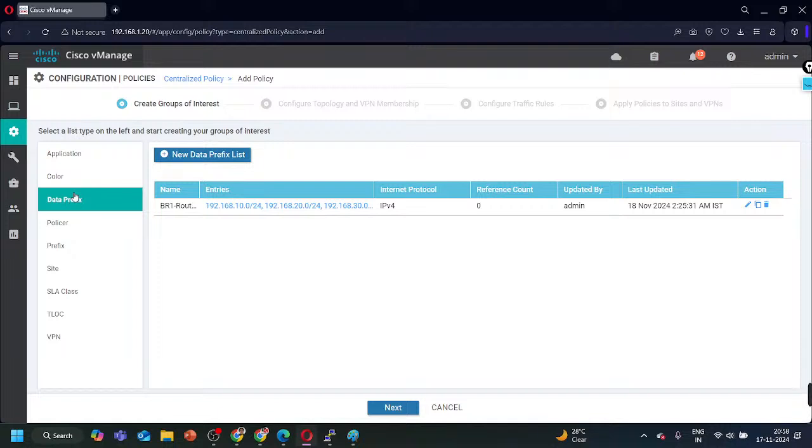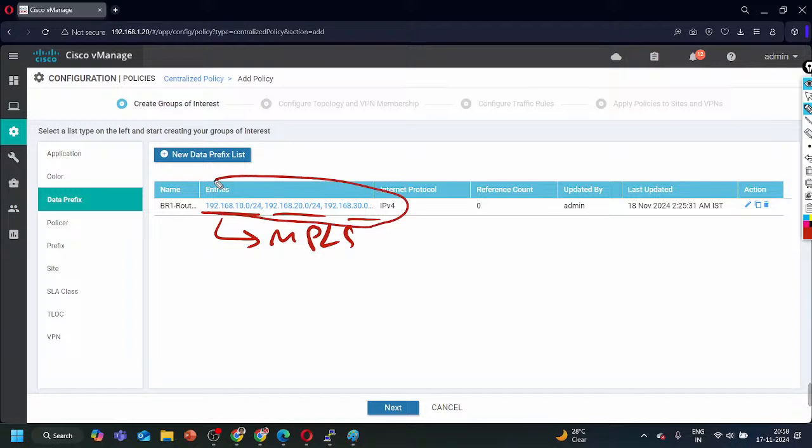If the source belongs to this subnet, then only you will use the MPLS link. Otherwise, for all the rest of the subnets, except this subnet, meaning the branch 1 subnet, the link is going to be maybe internet. That can be the requirement,